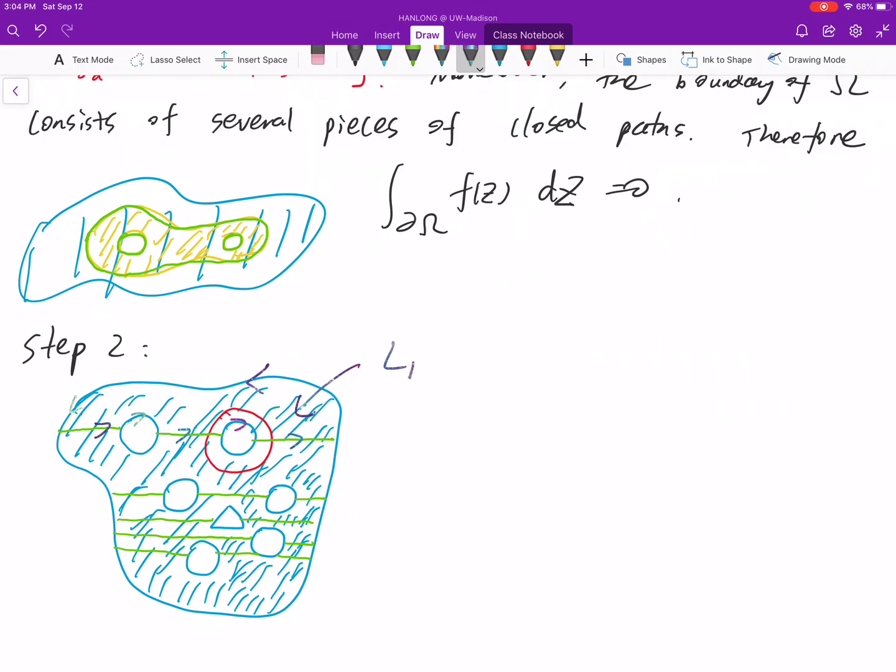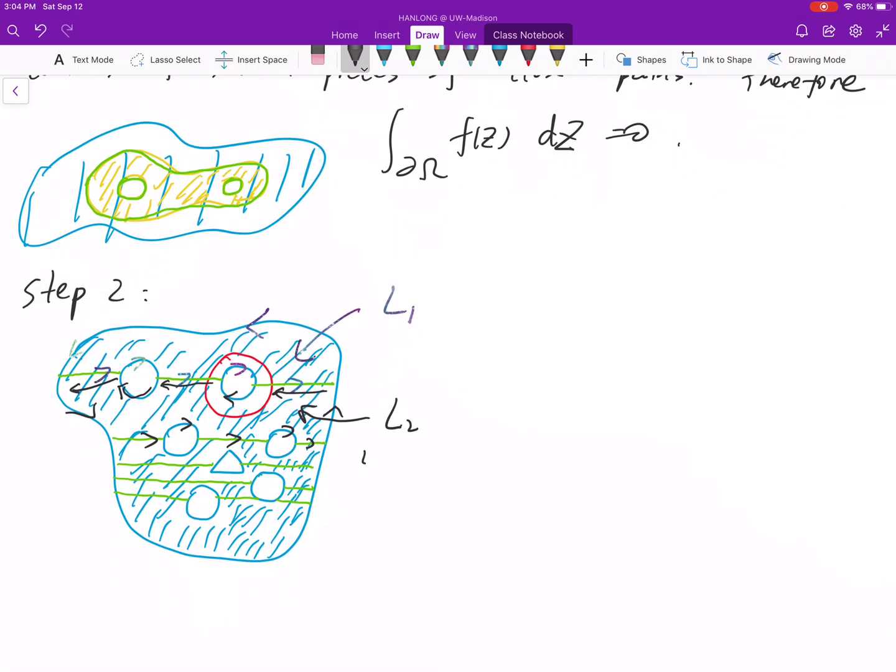And then if you go this way, this way, this way, this way, so the enclosed region, let's call this L2. Okay, similarly you have L3, L4, L5, L6, and so on. And then